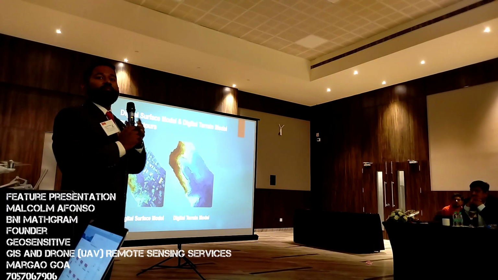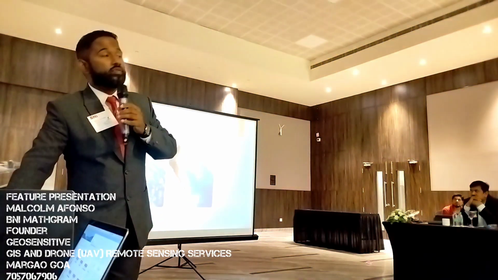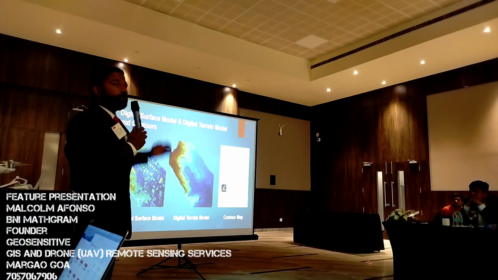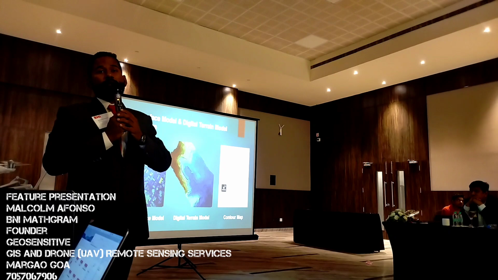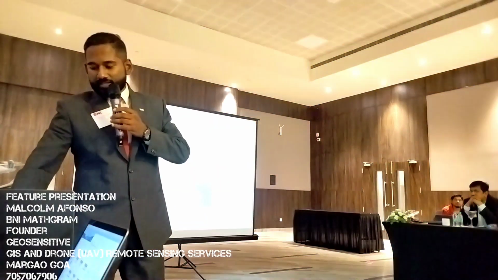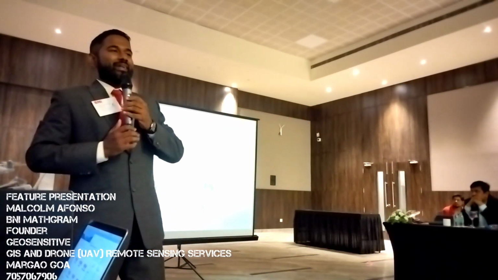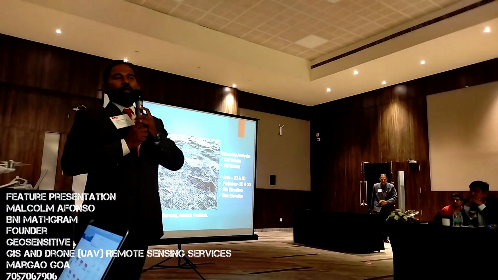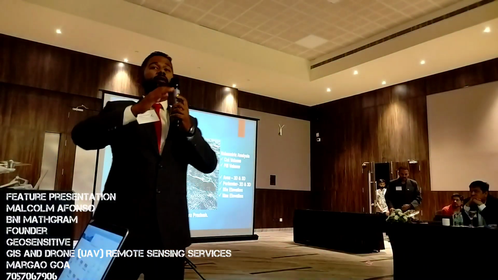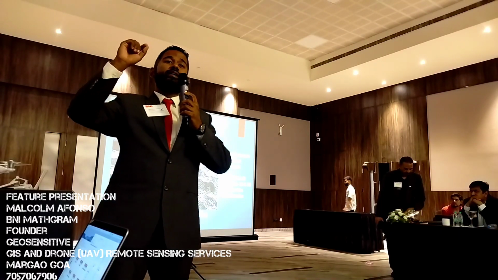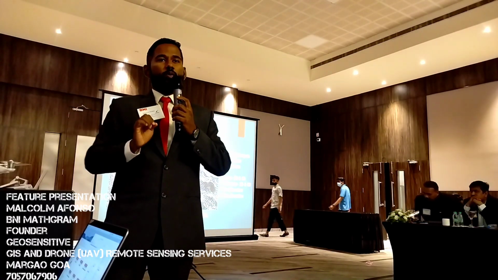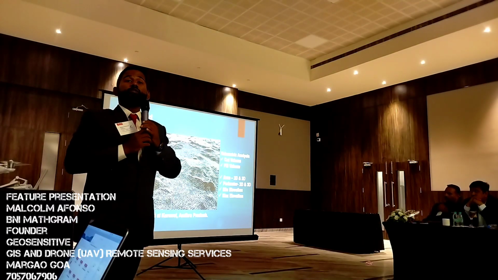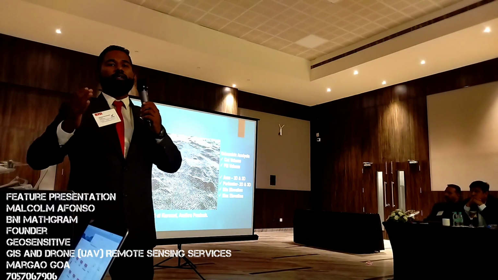From the terrain model, we can generate another output which is very important, that is contours. These contours over here are generated at 1 meter interval. That is what is possible with this technology. Moving to the next output, this is a point cloud. Basically, it's an arrangement of points in space. Each point has a location and represents the ground. And what this output allows us to do is perform cut and fill analysis.